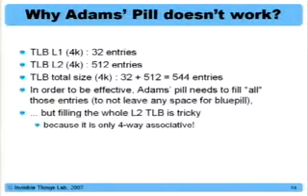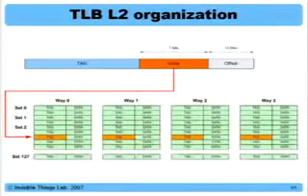because TLB level 2 is also not fully associative. It's only 4-way associative. Again, we learn it by executing the CPUID instruction. That means that in order to fill the whole TLB level 2 for 4K pages, we would have to fill all, for each set, we need to fill all 4 ways. To do this, this time it's not a physical address, this time it's a virtual address. So in order to do that, we need to